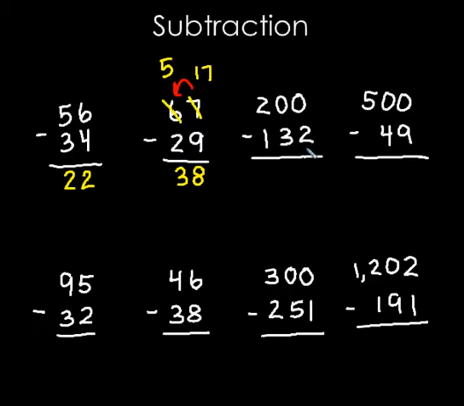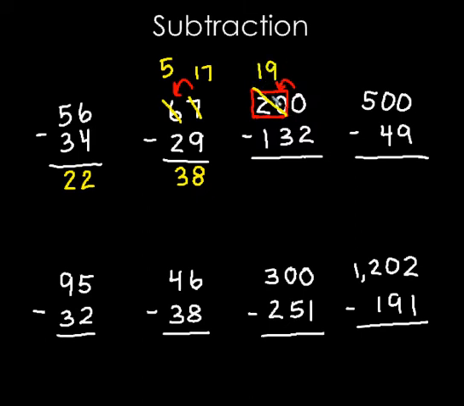200 minus 132. We start in the ones column. I'm a math detective. I know that I can't do 0 minus 2, so I have to borrow from a neighbor. Uh-oh. This time, my neighbor doesn't have anything either. I've got to go all the way over and borrow from 20. But the rules are the same. Anytime you borrow 1,